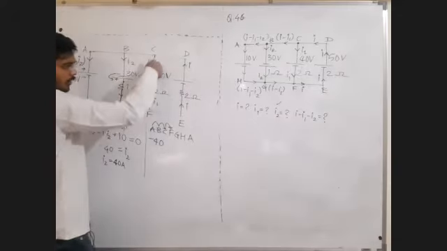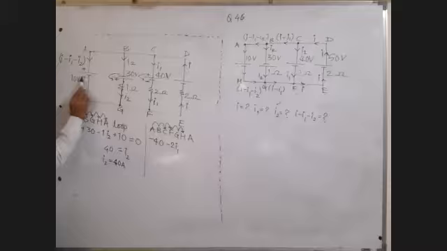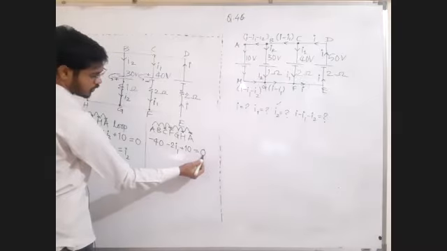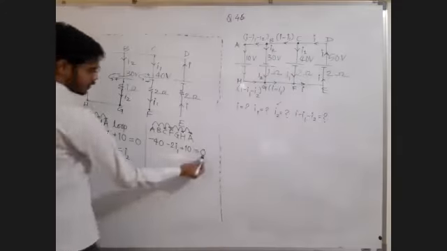I came to point F. F to G there is nothing. G to H there is nothing. Now H to A, there is a battery. I am moving from H to A, which means I am moving from negative to positive, so EMF is positive, plus 10 volt. I came to point A, the start point and end point are the same, so there is no effective gain or loss in potential. So the sum is equal to 0.